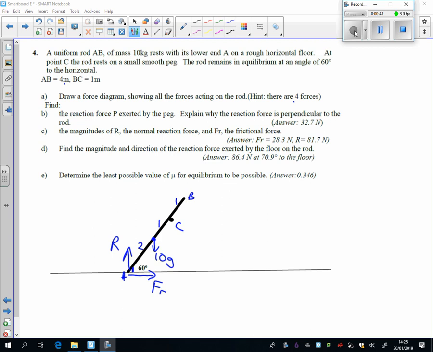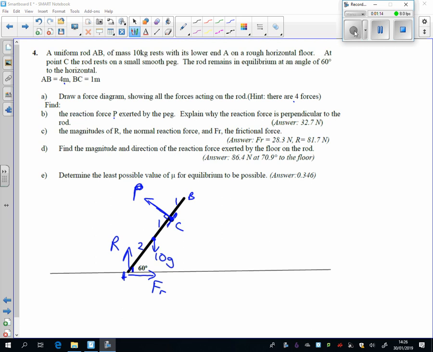There's one more force, and this is a smooth peg, so there's no forces acting in this direction at all. The whole force of that is coming out here at 90 degrees to that. We'll call that P, because they tell us to call it P in the next one. So there's all our forces, and to try and find out the normal reaction at P, what I'm going to